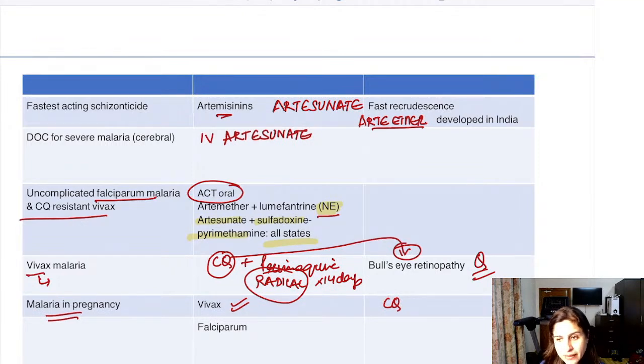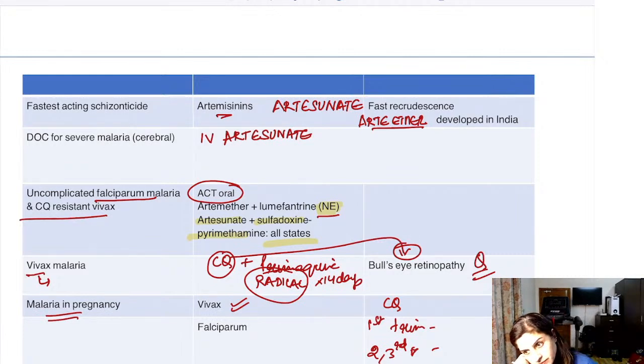But if it is a falciparum malaria, then what is the difference? First trimester में क्या देंगे और second and third trimester में क्या देंगे? First trimester में क्या देंगे if it's a falciparum infection? Chloroquine, but falciparum में तो नहीं, because falciparum में resistance होती है. Vivax में definitely we are going to give chloroquine, yes. But what about falciparum? Yes, first trimester में very good, quinine देंगे, and the second and third trimester में then